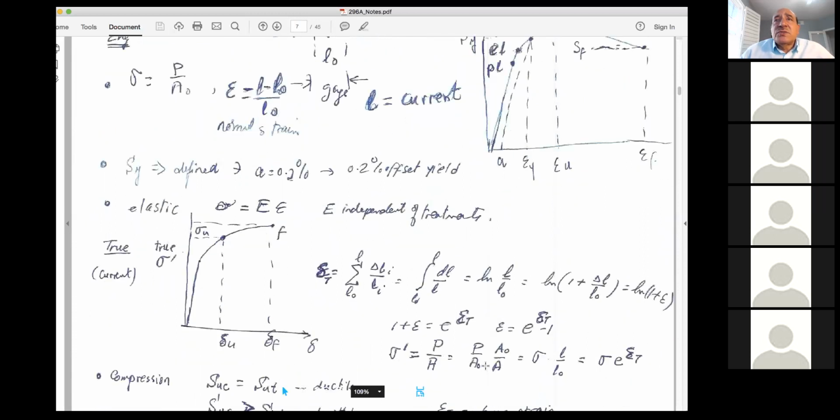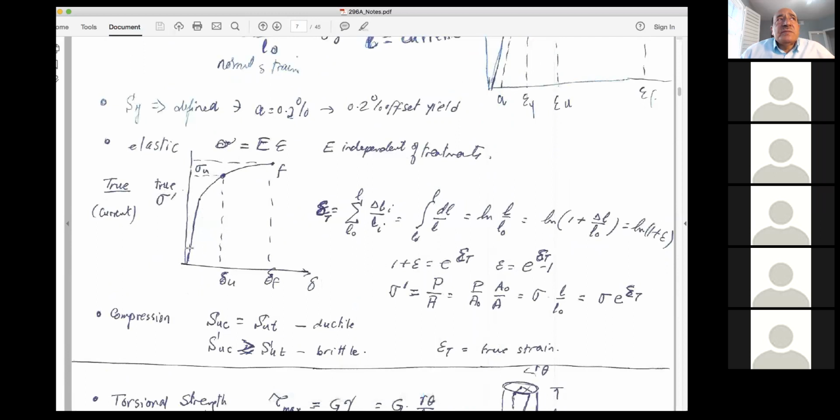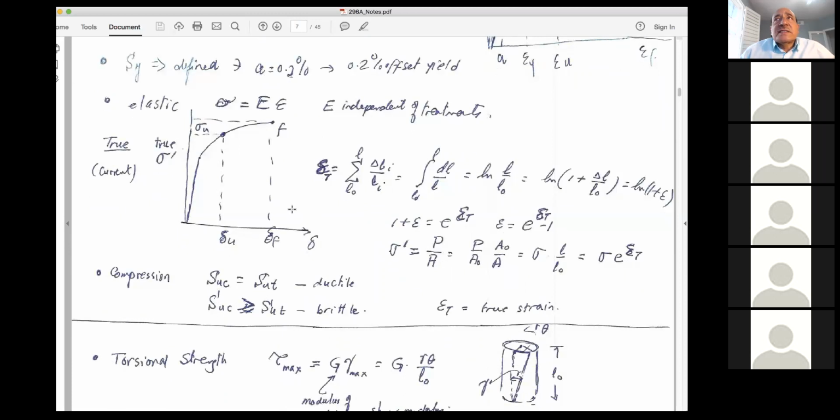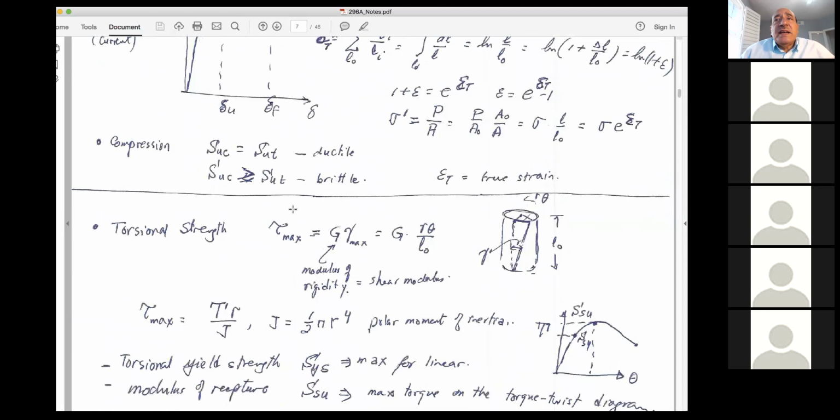You write these two equations, you put the data in vectors or arrays, and then you apply these two equations. Then you should be able to recover the true stress strain curve that should be continuously increasing, as you can see in here. So that's basically what we wanted to discuss today.